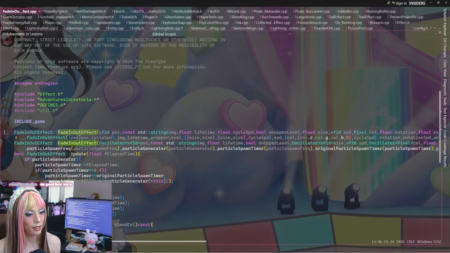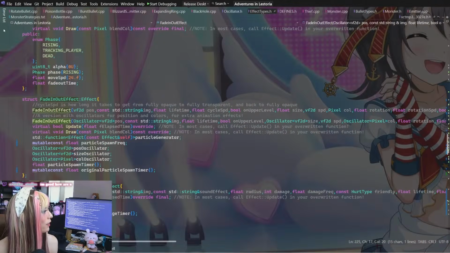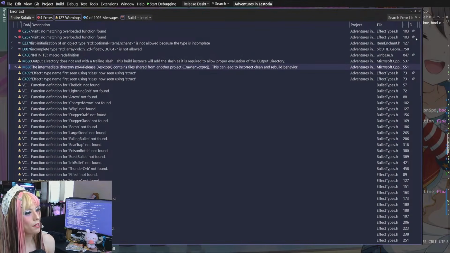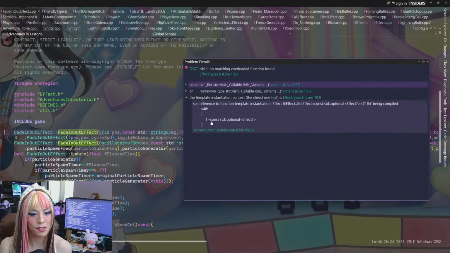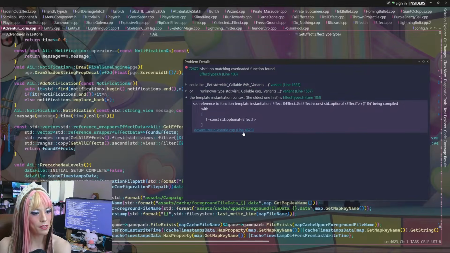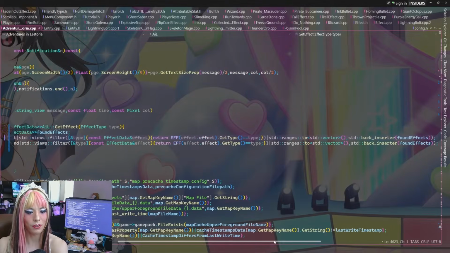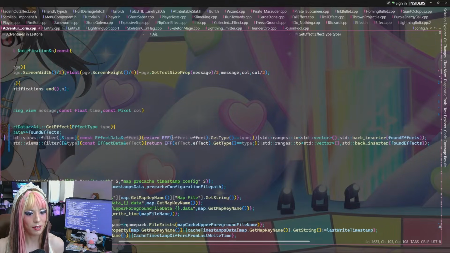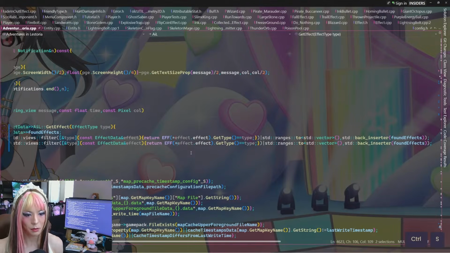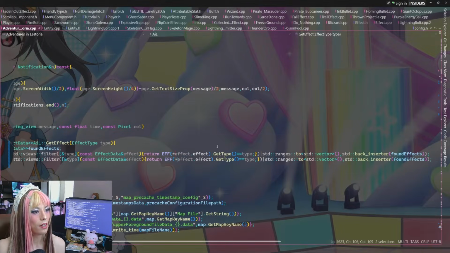It just says function definition not found. I think it is here. I don't think that's the issue. But it says visit no matching. Okay, let's actually look at this now. This is for standard optional effect T being compiled. I must have messed something up here. Oh, I see. So it's in here for an optional. Oh, it's an optional. I forgot. So we have to go one step further. It's effect.effect, and then member access has higher priority than dereference. So I have to do the same thing for that portal thing I just modified, which is in, I forget where.